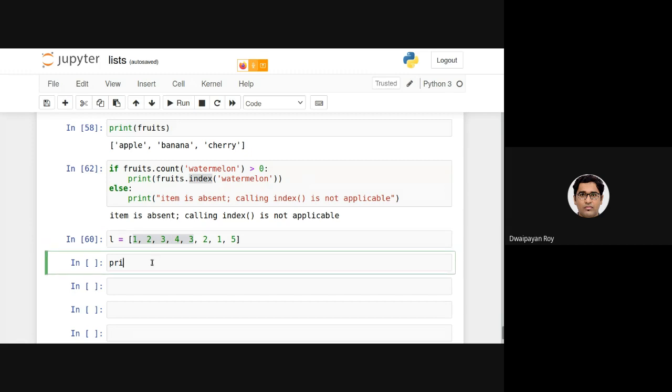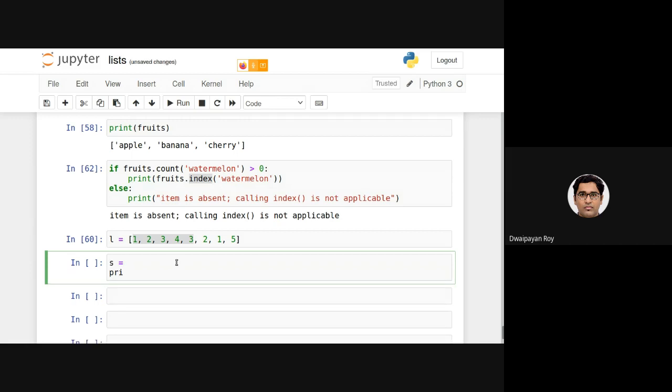Basically, I want to get the location in which the searching item, let's say 3, is present in the first 5 positions. Let me rephrase it. Let's say the searching element is 3. I want to check, among the top 5, in which location this 3 is present in this list.